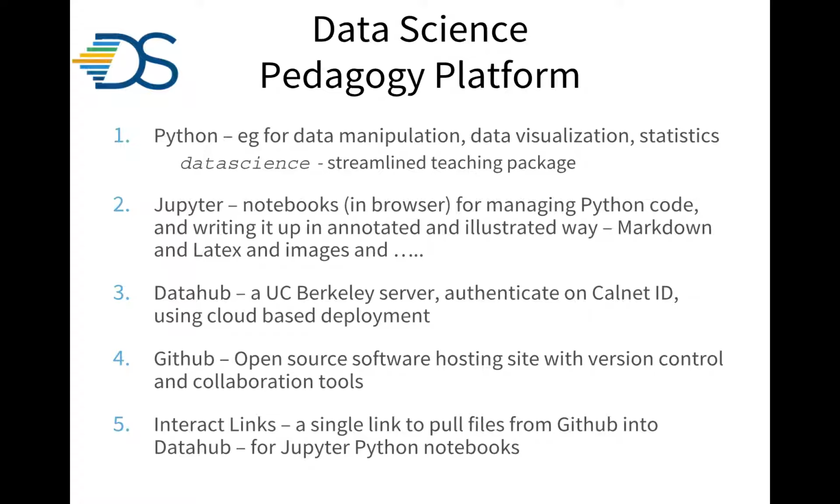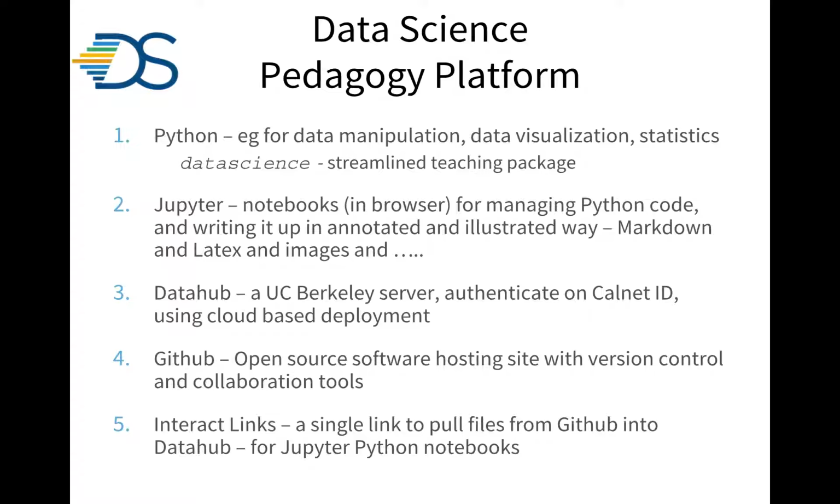So we are going to mostly be working in Python. There's one class here that's using R. We can talk about R. I'll talk a little bit about R later. But basically, we're going to teach students little bits of Python for data manipulation, for data visualization, for basic statistics. So we're teaching students a little bit of Python to do a little bit of statistics, you could think, generally.